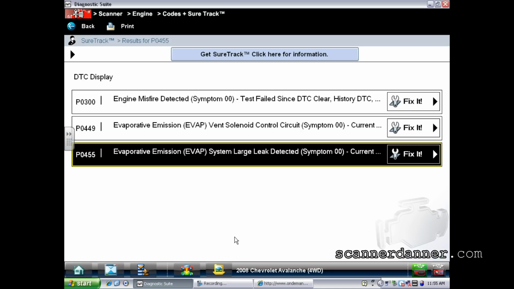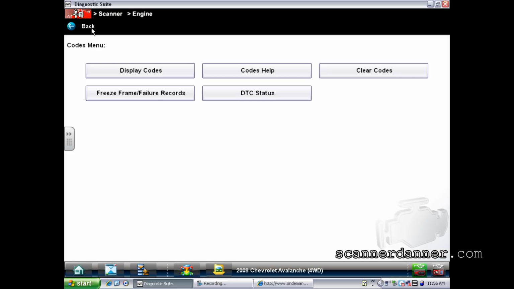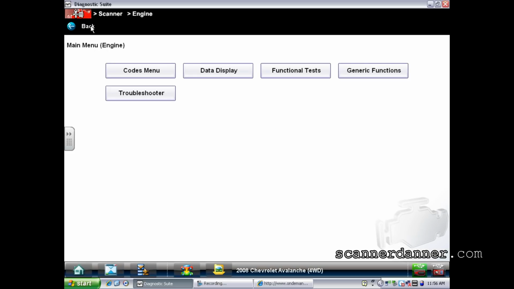That is correct. Now this one's a little bit different because we have a fault in the control circuit of that vent solenoid telling us we have a solenoid fault. But I've done many large leak codes that were sticking vent solenoids. In fact, I have a video on that, and when I make this one, I'll put a link right here for the other EVAP leak video that addresses that. All right, so back to the solenoid. Let's go do our voltage measurements. Depending on the result we get back there, we're going to use our functional test menu